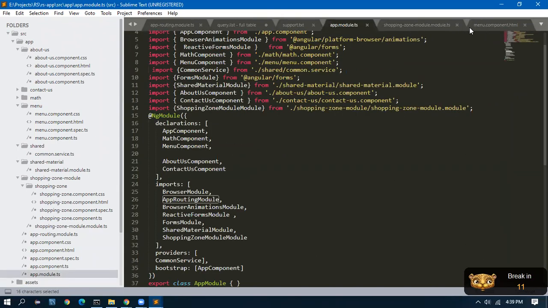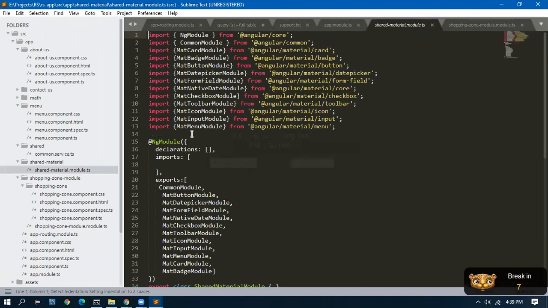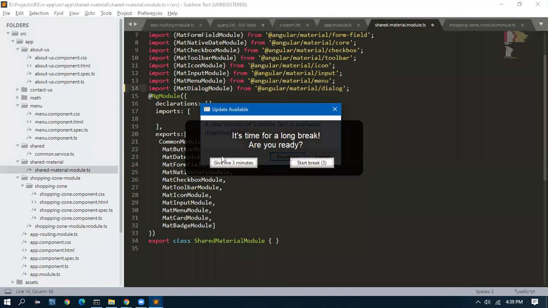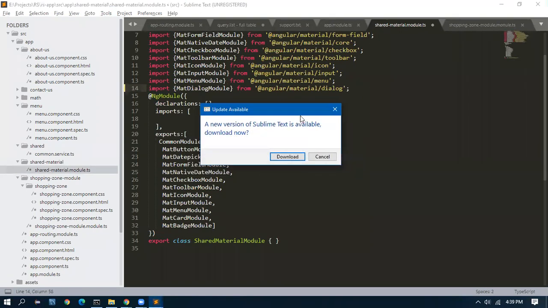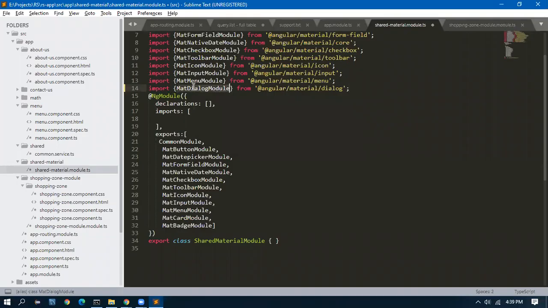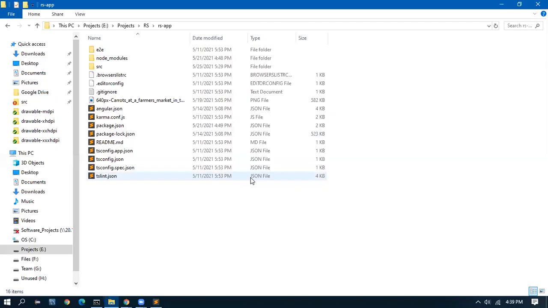We have a shared material module. So I will be importing the mat dialog module here. And then I have to import this here also. So one section is over.